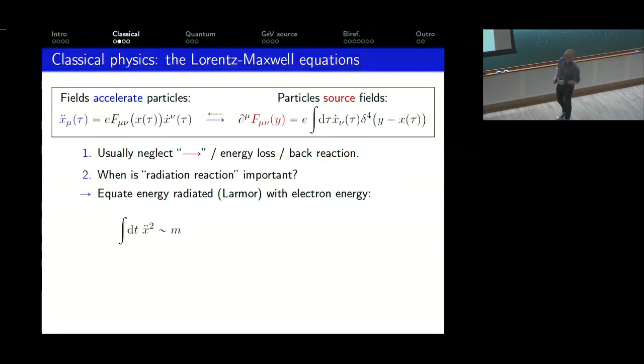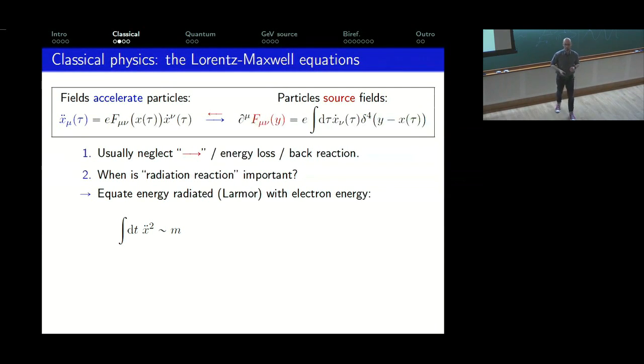changes the field. And normally, what we did in the previous slide, was that we actually neglect this arrow going backwards. We think that we have a laser field, we put an electron in it, and it moves around. We don't normally think of the fact that energy is being taken from that field to move the electron, as the electron must be radiating as well, so itself it's losing energy, which is correcting what we thought was the laser field we started with. And collectively we might call this radiation reaction or back reaction, and we normally neglect it. It's normally a small effect anyway, so fine.